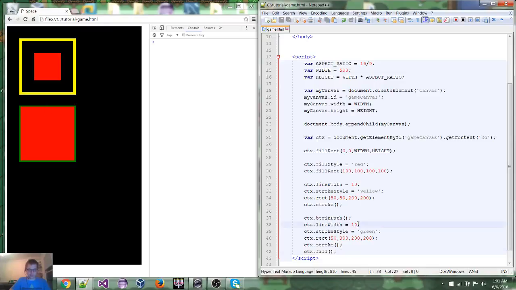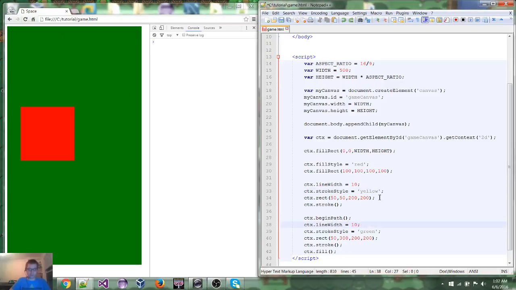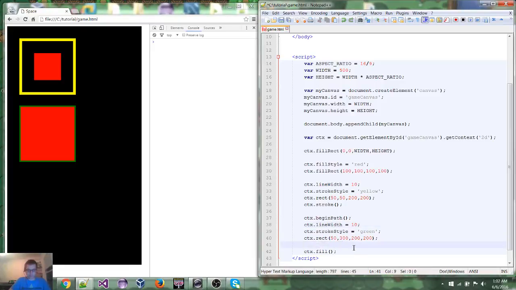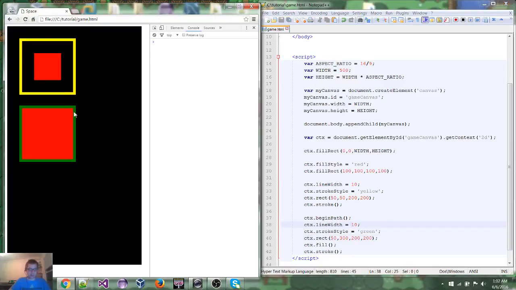In fact, if you make this number rather large, you end up with something a lot bigger, maybe filling up your entire screen. You generally want to avoid that probably, but maybe it has some use in your game. Okay, but what I wanted to show there is if we actually stroke second, we will see that line now is going to be exactly equal in width to the yellow line, and that's because now, oops, I didn't save. So now we have filled this first and then drawn that line on top,